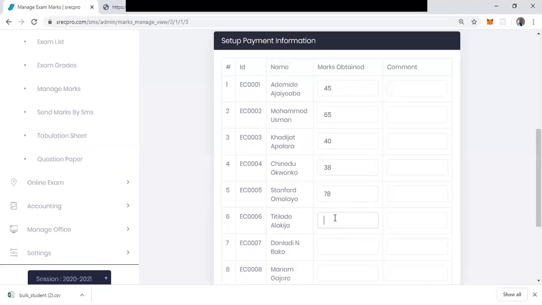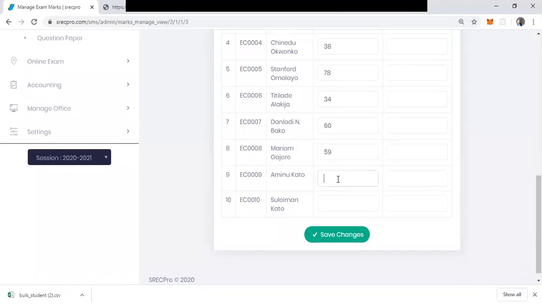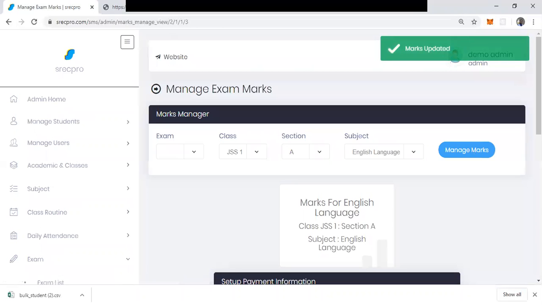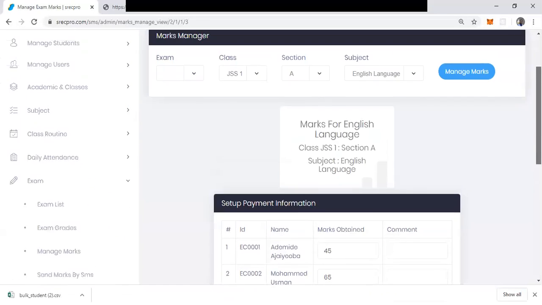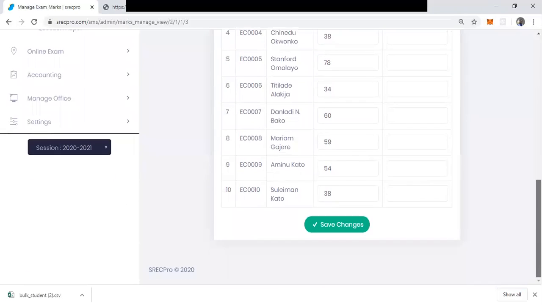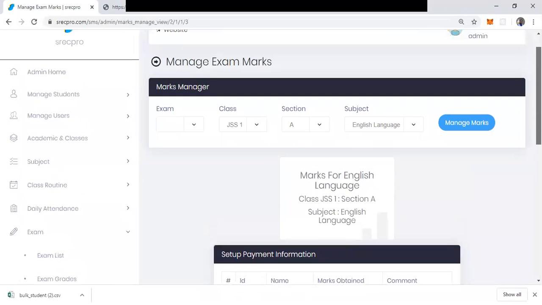Okay. Then I'll add changes. Okay. So now that we added the marks for 2 subjects for this particular class,